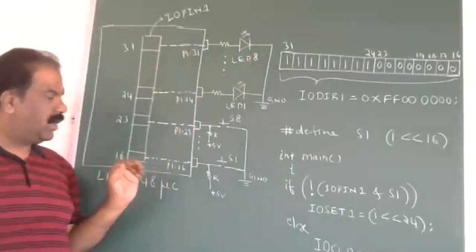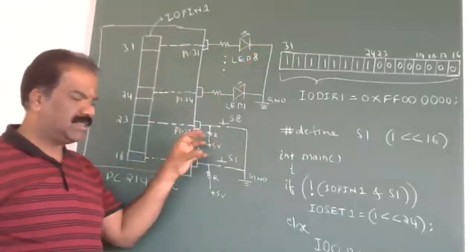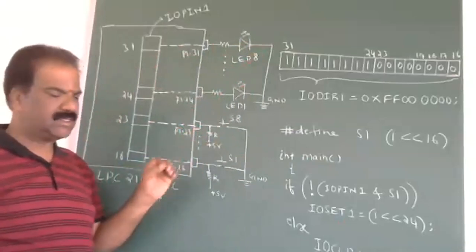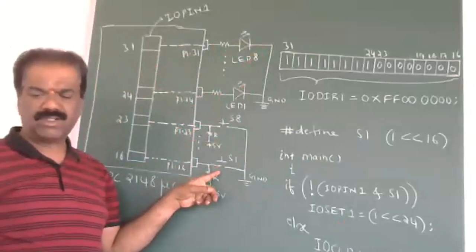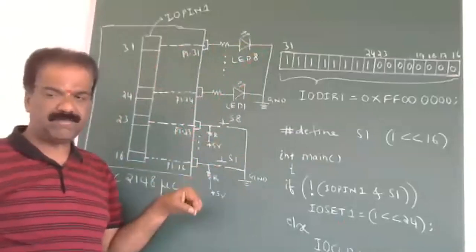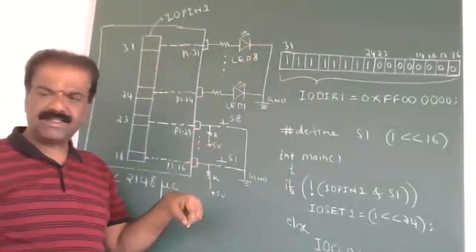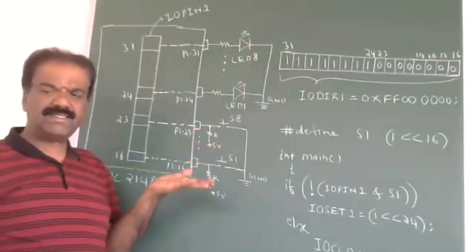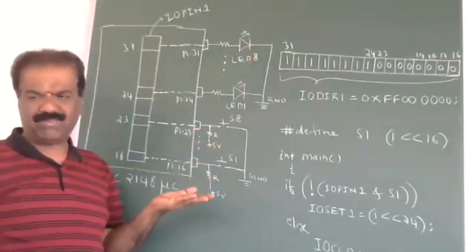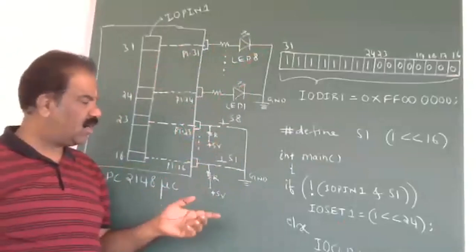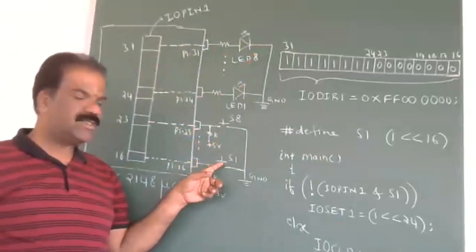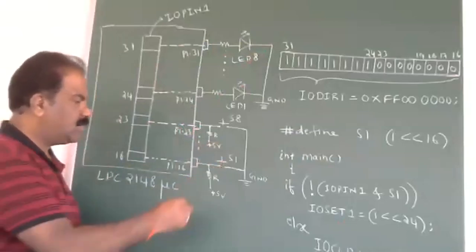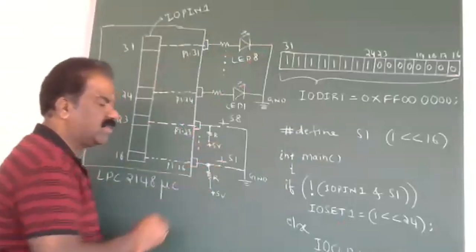Now we can analyze the circuit. Because I'm talking about the push button switch, if you press it, there will be a contact. If you release it, it opens; there's no contact. So by default, it is open. I'm talking about S1. By default, it is open. Then what is the potential at this point?